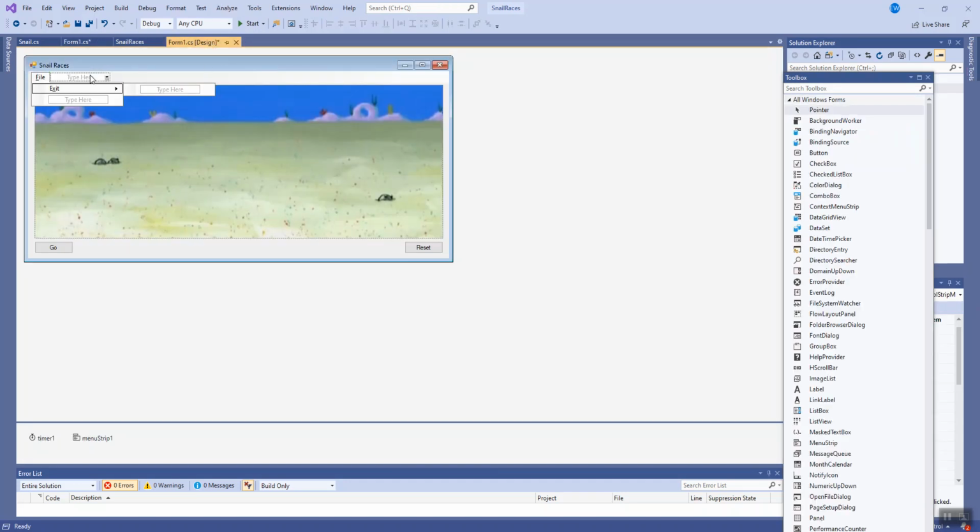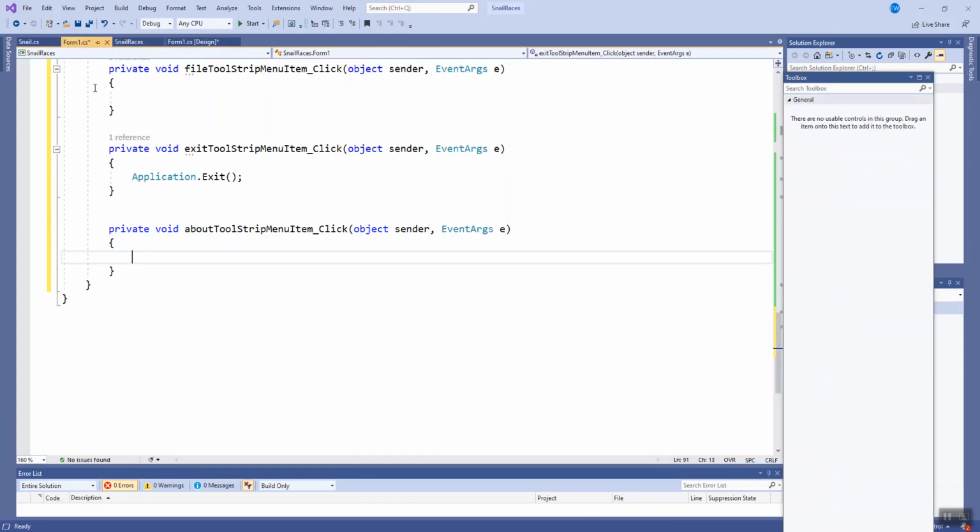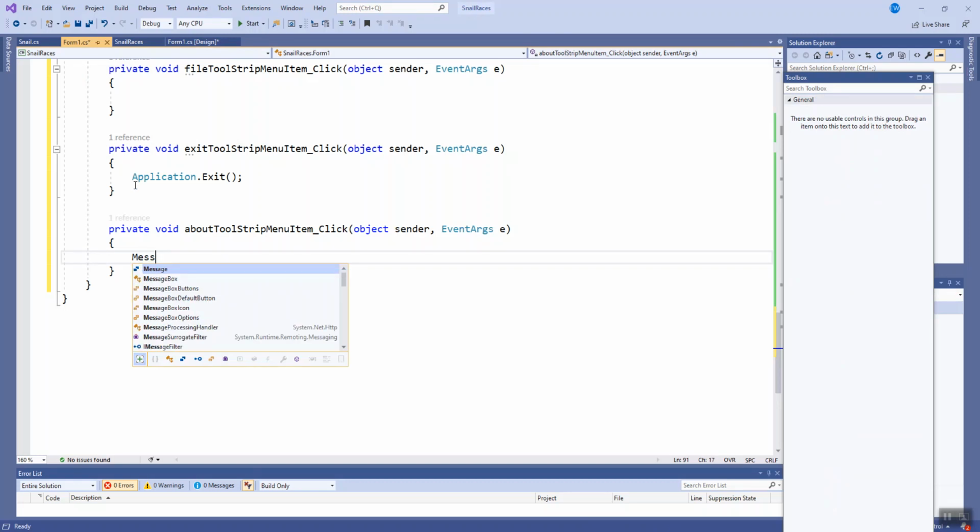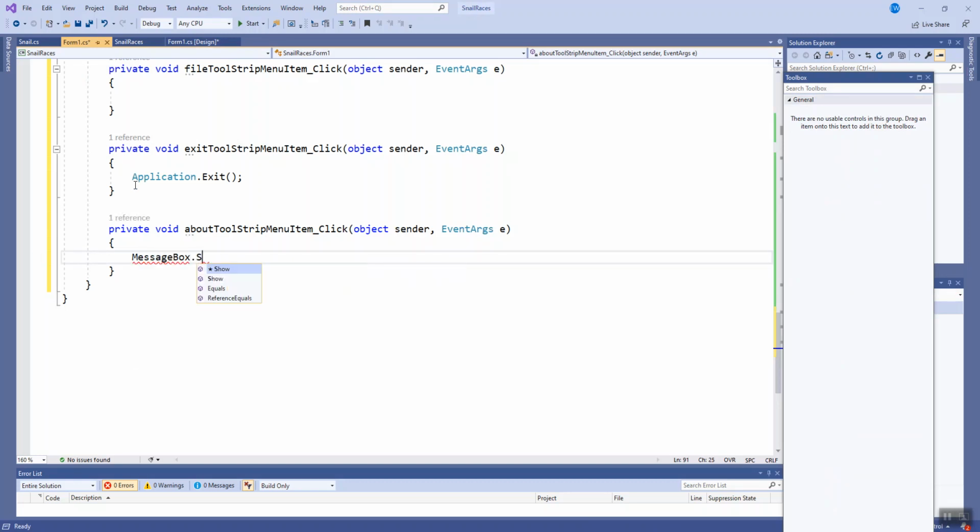And what else? Let me put an ampersand help, and then ampersand about, and I'm going to double click on about, and I'm going to say message box dot show,